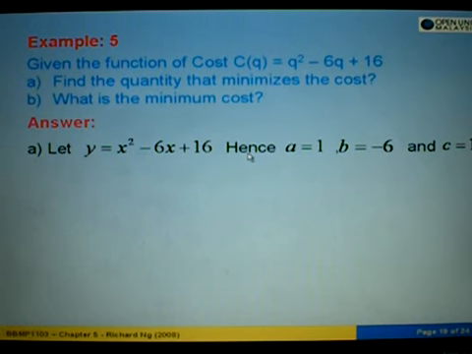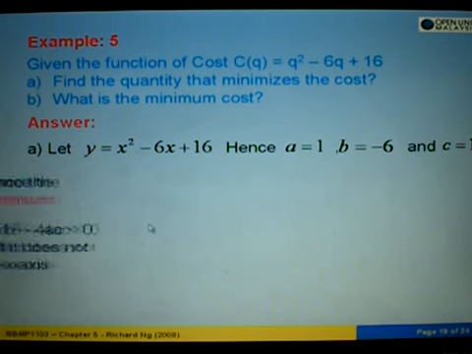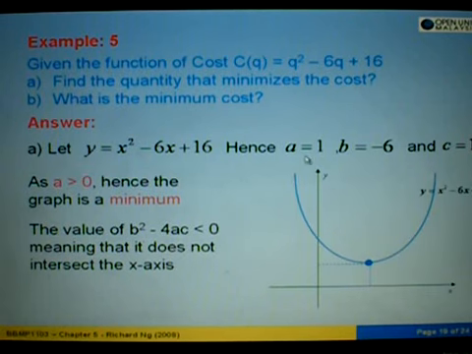Here, if we compare with ax squared plus bx plus c, then a equals 1, b equals negative 6, and c equals 16. Since a is 1 and 1 is greater than 0, the graph has a minimum. To find the value of b squared minus 4ac, it is less than 0,